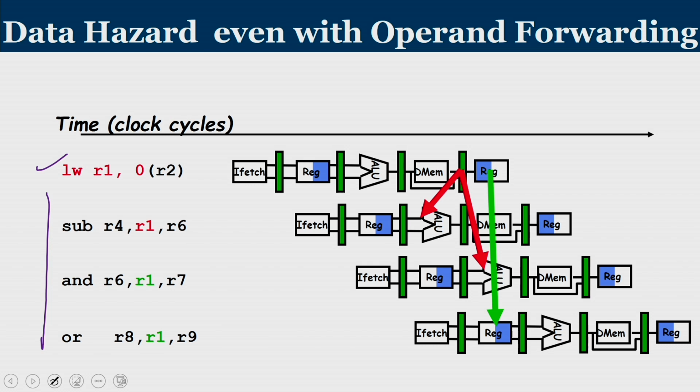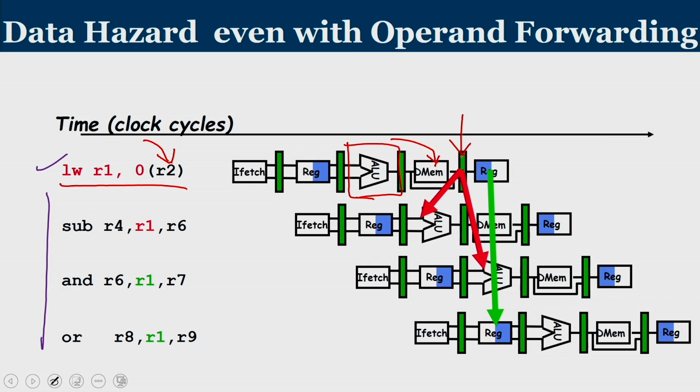Now, try to understand what happens in this scenario where you have a load R1, 0(R2). We know that the address from which the loading happens is the content of R2. So, you have to access R2, add 0 to the content of R2, and that will give you the effective address. And this effective address calculation happens in the ALU stage. Once you get the effective address, then we are going to access the data memory and take the data that is to be returned. So, at this point the data is ready from memory.